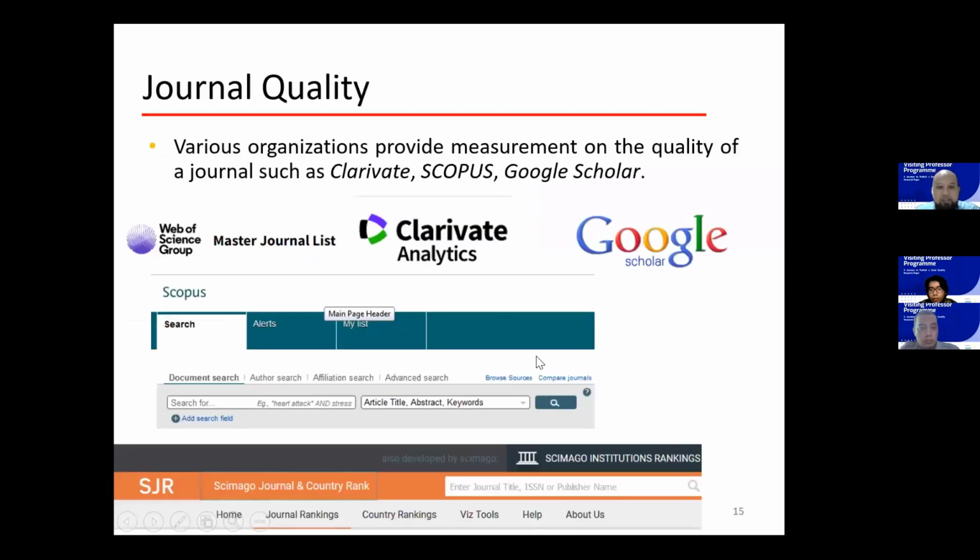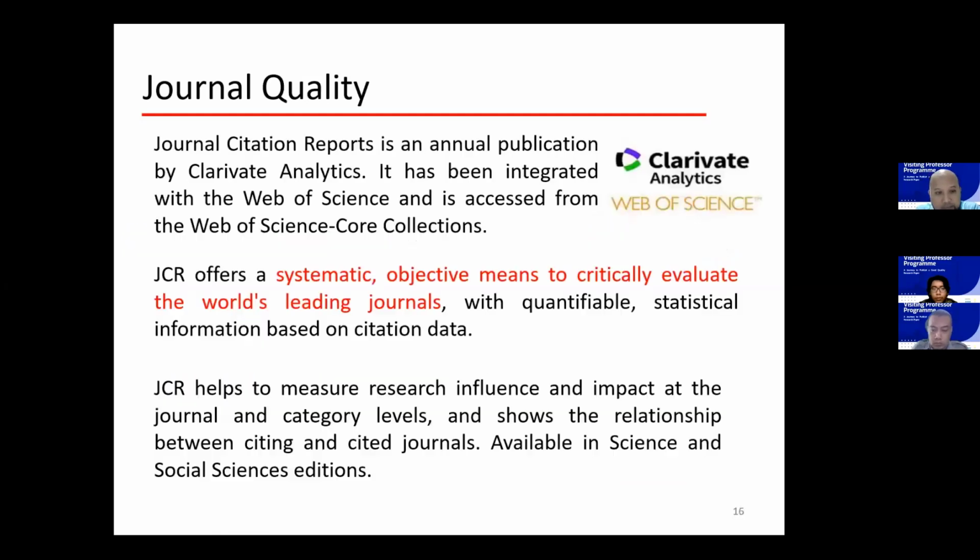and general quality. General quality is based, in general, on Clarivate Analytics. Clarivate Analytics are the Web of Science. They're the ones who rank the journals. For Scopus, we have the Scimago Institution Ranking. This one is more for Scopus journals. Okay. So